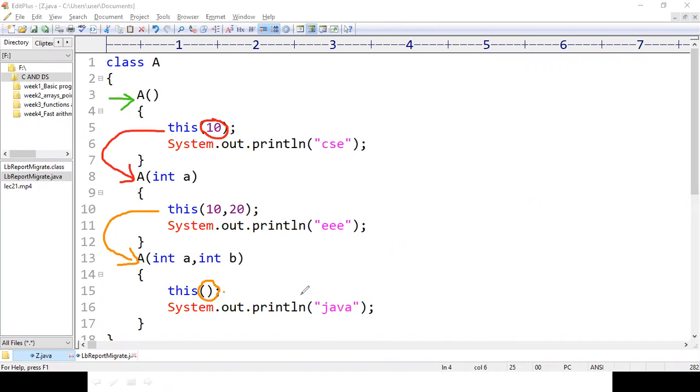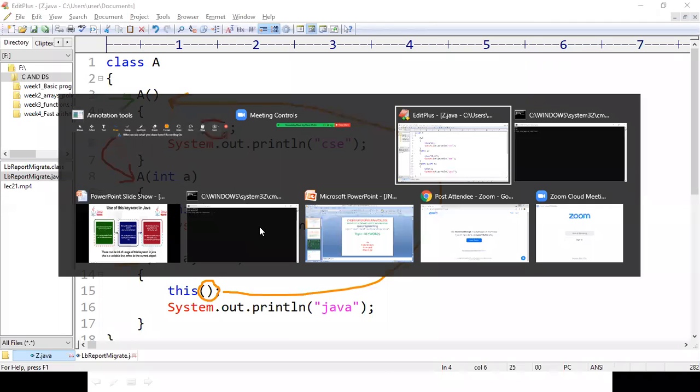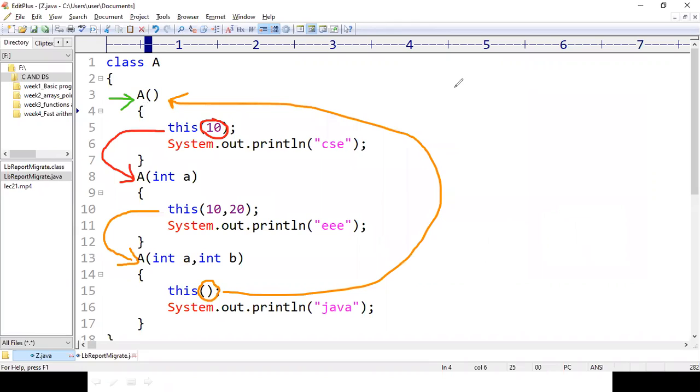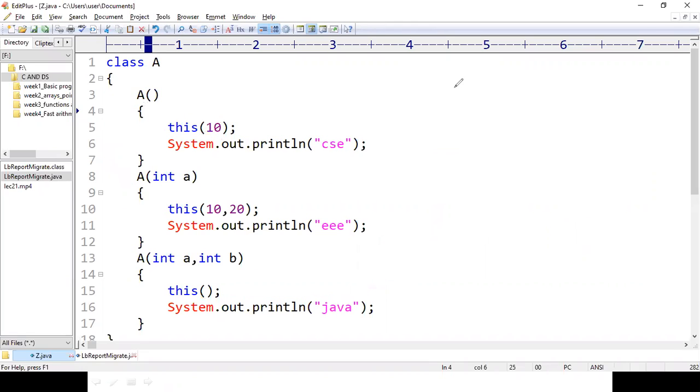Then immediately control will return to the first constructor. Again it will go to the second constructor, again to the third, and again to the first constructor. So if you write code like this, we are making a recursion in calling of constructors. It is not allowed in programming languages, right?